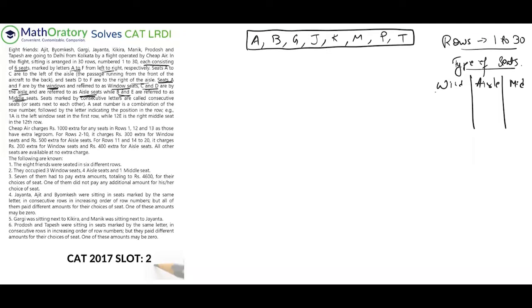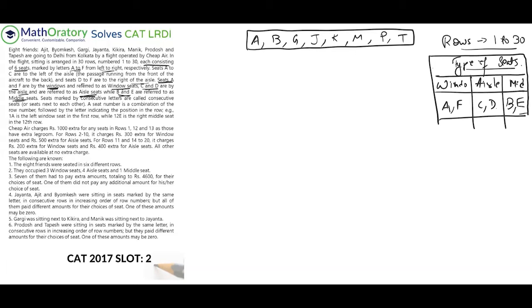So let me mark this up as well. I'm not writing this completely. A and F are the window seats. Aisle are C and D. Not the middle. I hope you understood. You can refer back to the premise. So A and F. Sorry, this is B and E. So these are the types of seats that we have. I'm leaving the middle space because there might be other things that I have to collect.